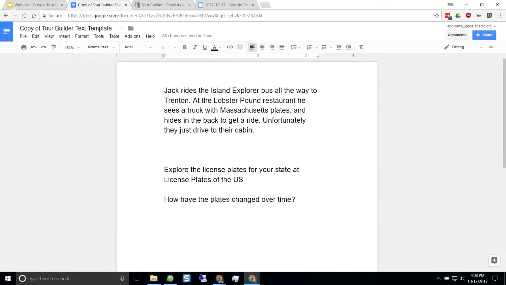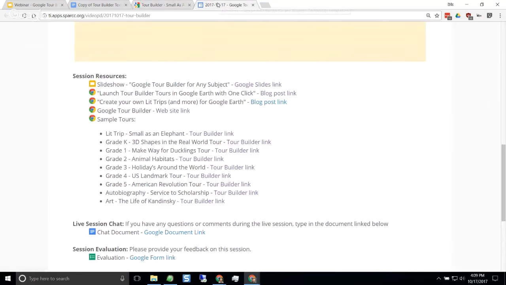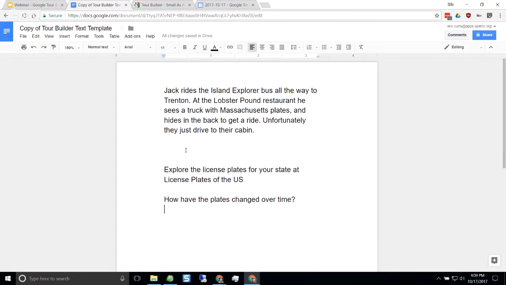And what I want to do, though, is be creative. Instead of putting my pictures up here at the top, I want to put my pictures inside of the actual description text down here. So what I can do, by using Google Docs and typing this up ahead of time, is I could come